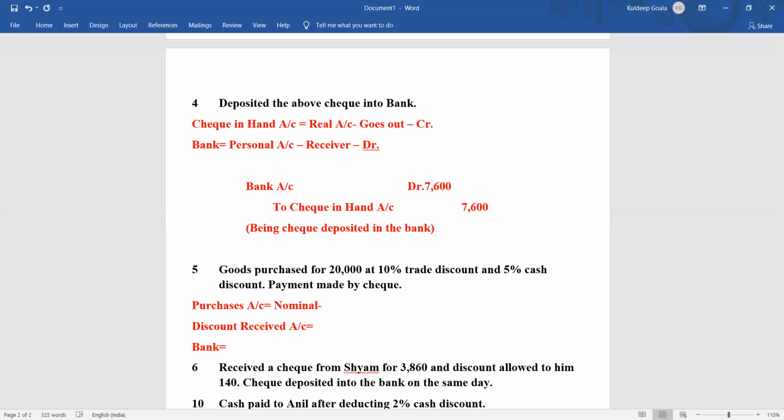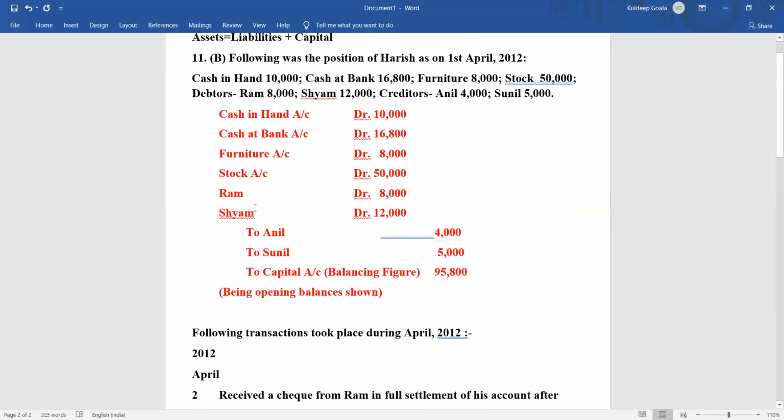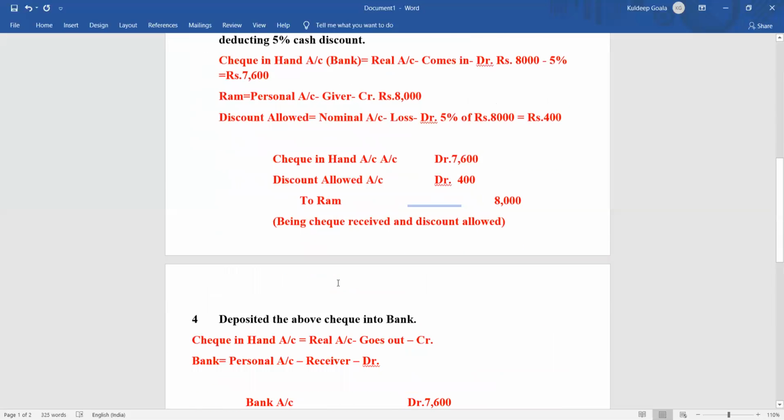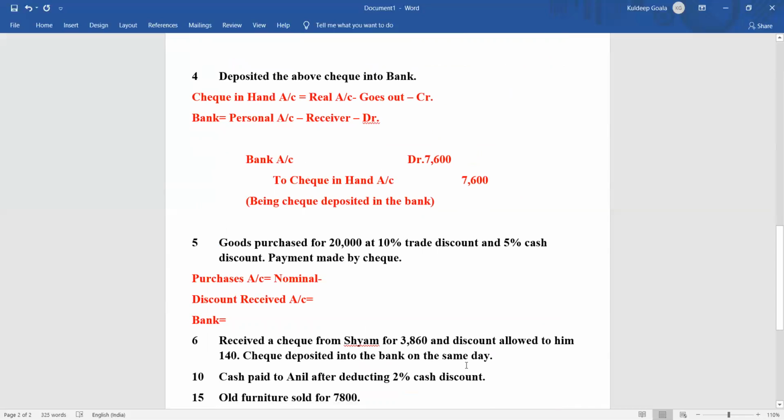You can refer to the first transaction also. Goods, I told you, are our asset. Stock means goods, so that is our asset, and in that way also you can take real account. For the time being, for answering in the exam or for general purposes, you take it as nominal account, but if needed you use the real account rule, and it will be correct. So purchase is a real account, and real account comes in debit. We apply the real account rule, so it comes in debit.